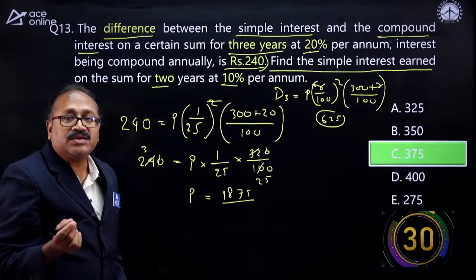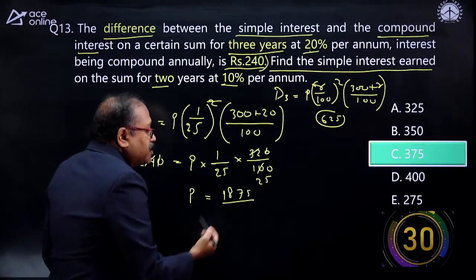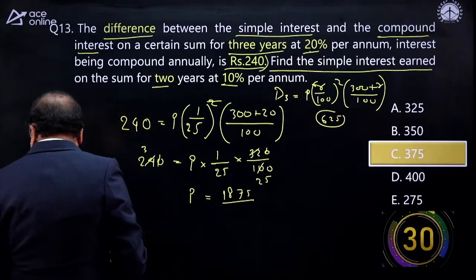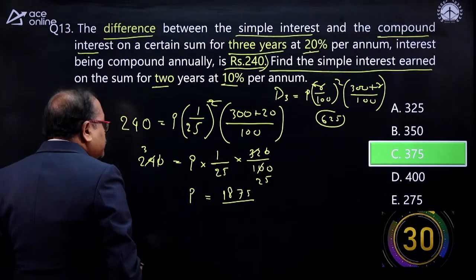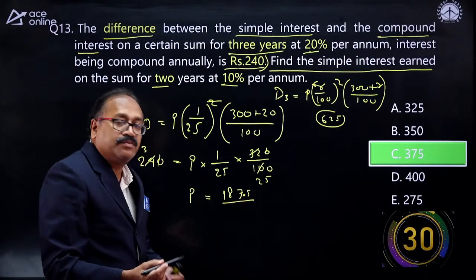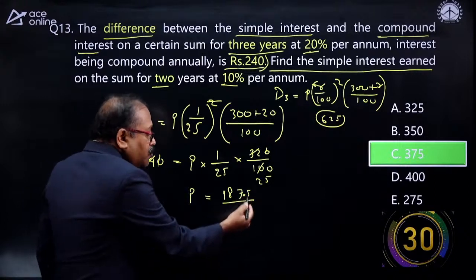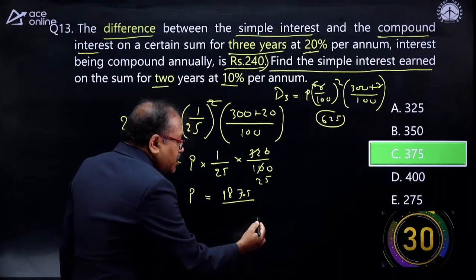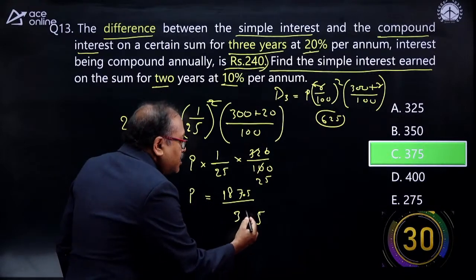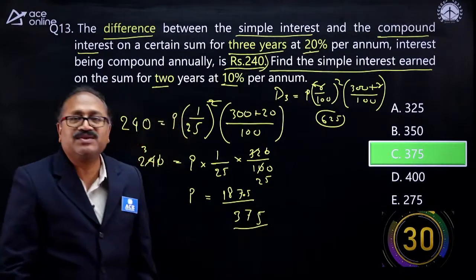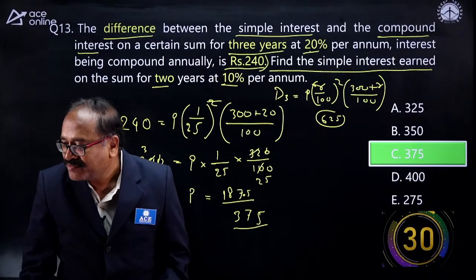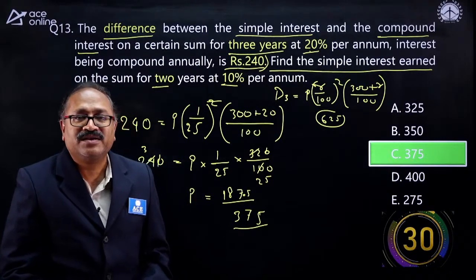Once you got the P here, for 2 years at 10% per annum, that is 20%. So you just have to take the 20% of this. There is some interface problem, please bear with us today. So this is your 10% multiplied by 2, you get 20%. 2 5s are 10, carry 1. 14 and 1, 15. Carry 1. 36 plus 1 is 37. 375 is your answer. So nicely done. Hope everyone is understanding it.